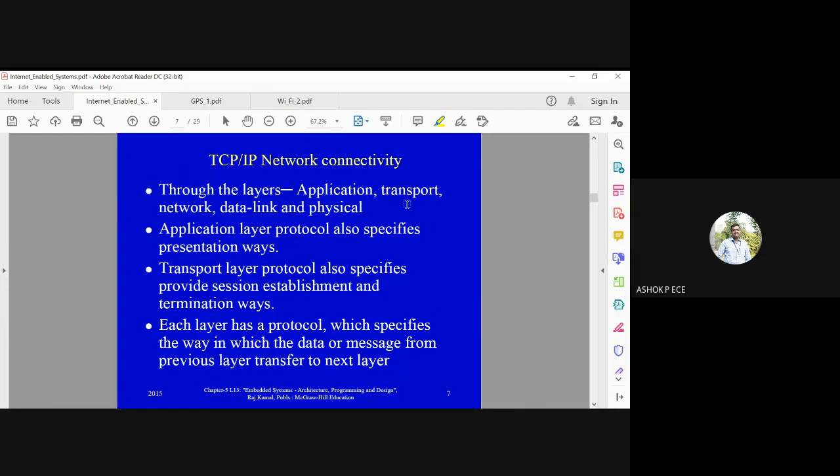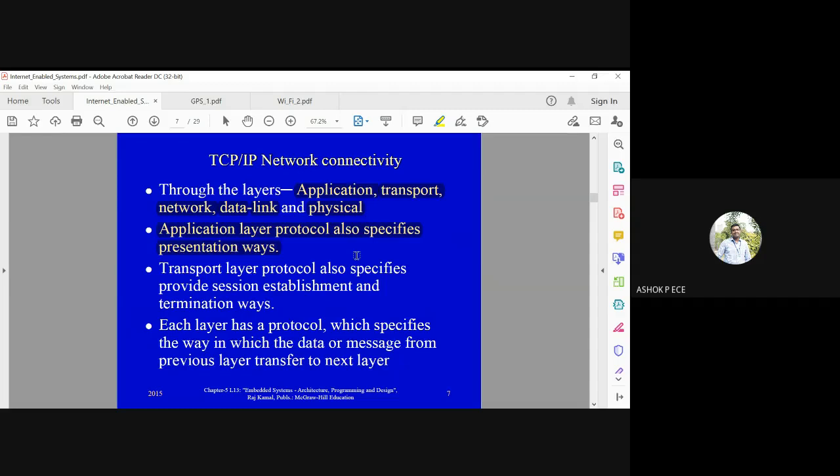So different layers are there. The first one is the physical layer, data link layer. You have the network layer, transport layer, and application layer. So the connectivity happens from the lowermost layer till the uppermost layer. Application layer will specify the different applications, like Gmail is an application where you can log in and see your mails. Yahoo is an application. That is an application level protocol.